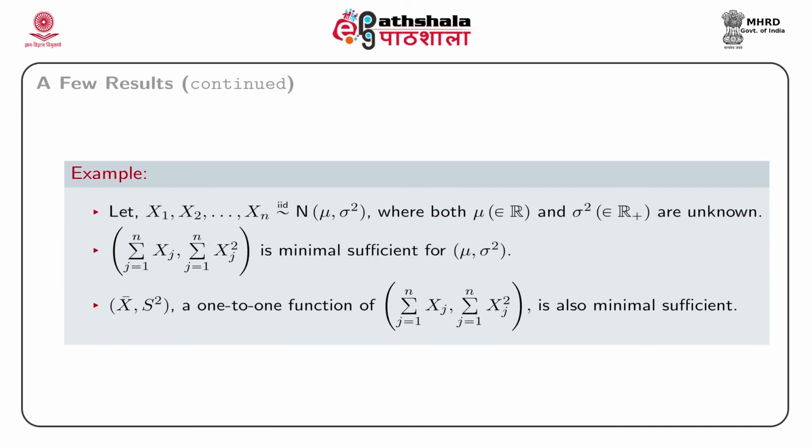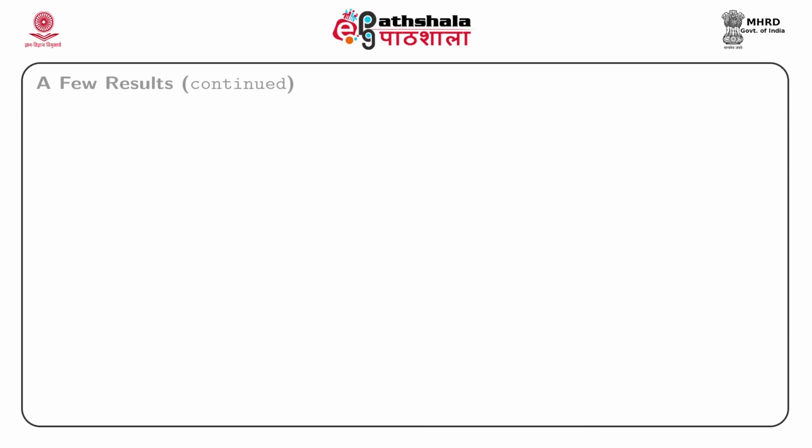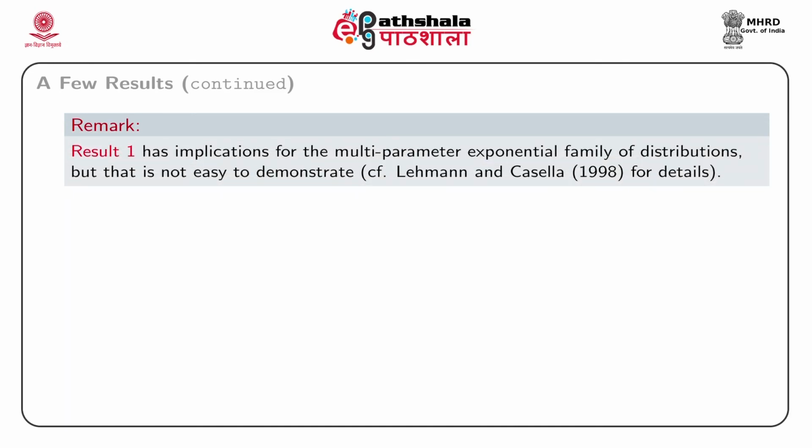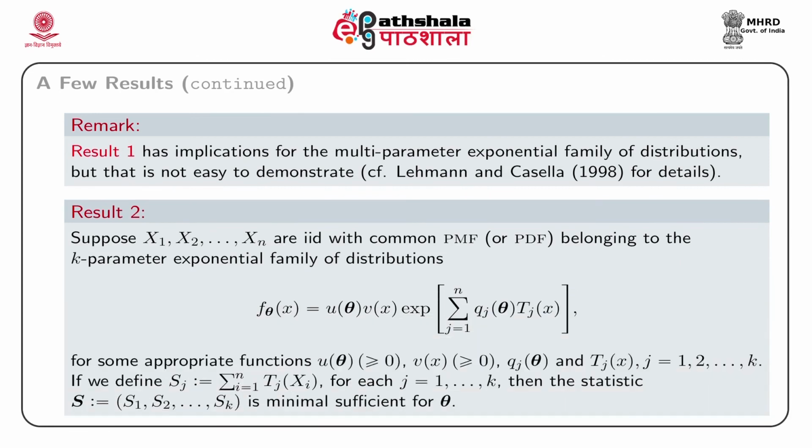Now let us close our discussion with the following result, which provides a useful tool for finding a minimal sufficient statistic within a k-parameter exponential family of distributions. It is a hard result to prove. One may refer to the book of Lehmann and Casella, 1998, for some of the details. Now the result is, suppose that X1, X2, up to Xn are IID with common PMF or PDF belonging